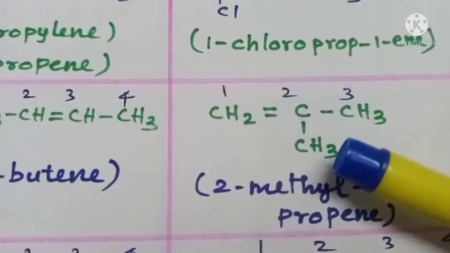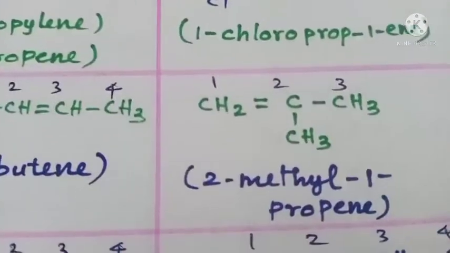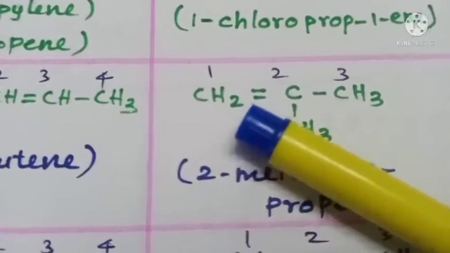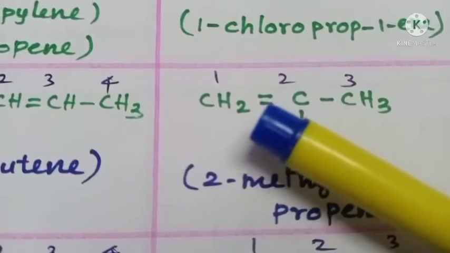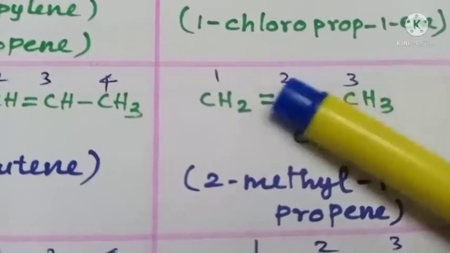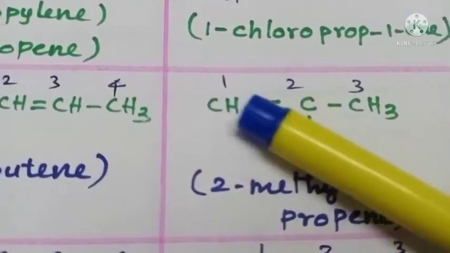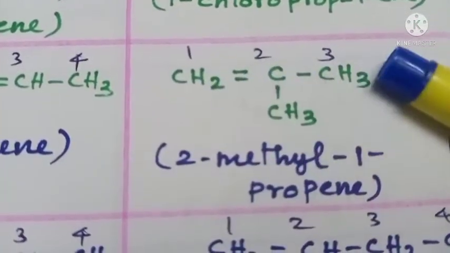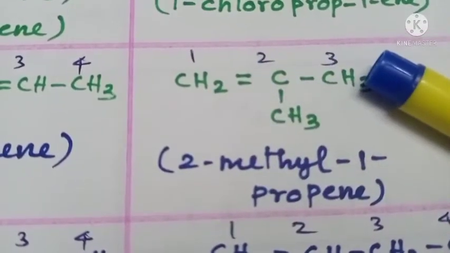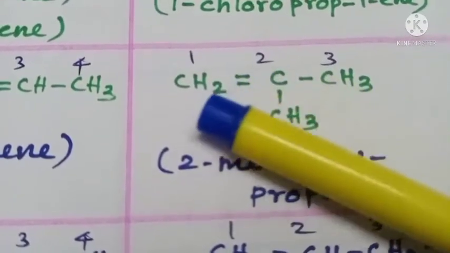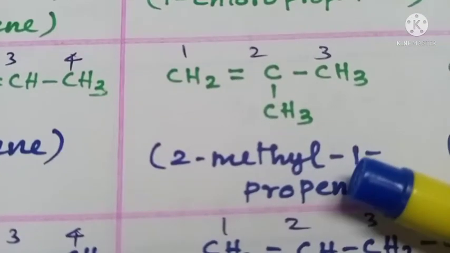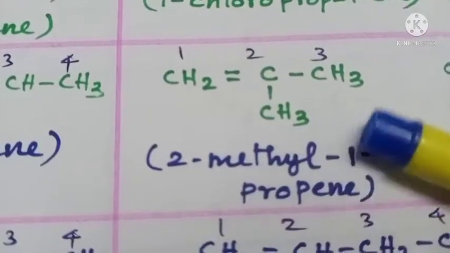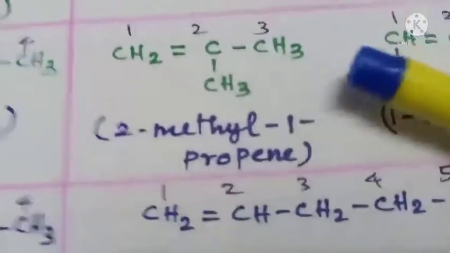CH2=C(CH3)-CH3. The IUPAC name of this one: it is a branched alkene, so you have to select the longest carbon chain, the parent carbon chain. You can do this either horizontally or the other way, because these are equivalent. As usual, for convenience we take the horizontal one. A 3 carbon derivative, so propene, with the double bond at the first carbon, so 1-propene. Then this is a substituent methyl group at the second carbon, so 2-methyl-1-propene is the IUPAC name for this compound.